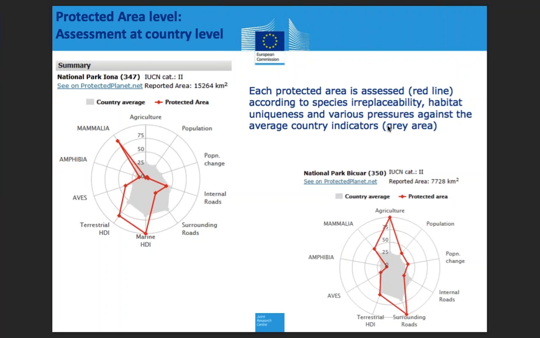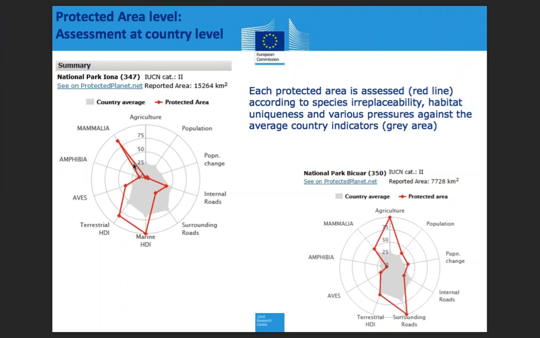And interestingly as well, apart from the indicators that you get for each protected area, you also get these values of all these indicators we have mentioned briefly before. You get them compared with the average value of those indicators at the level of the entire country. So here in red, you are seeing these radar plots showing the value of, for example, this protected area, the national park Iona has a very high